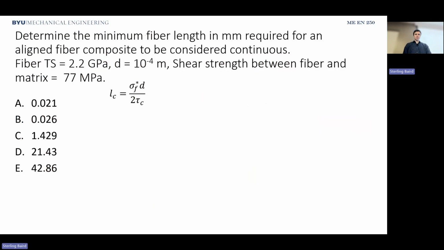Oh, it's actually, okay, so yes. Oh, wait, I need to replace it. So